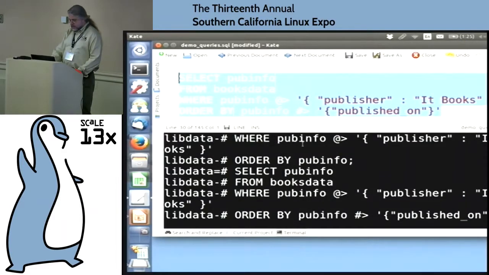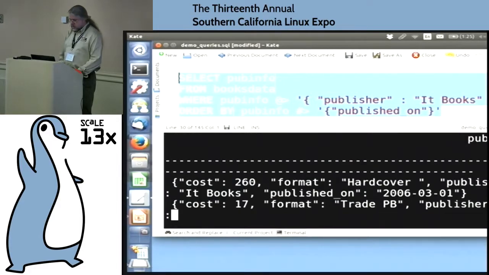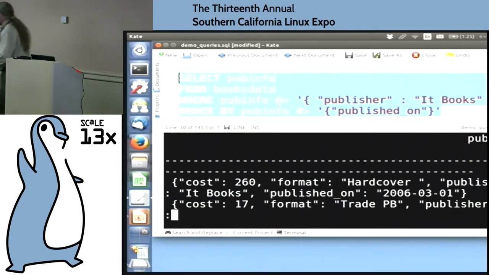And so now we have that same set sorted by publication date. Now, an important thing to keep in mind about JSON is that there is no timestamp among the JSON primitive types. So these dates are being sorted as a string. If you're going to end up manipulating a lot of JSON data where you want the dates to do something sensible, store the dates in Unix format, or store them as integers. Otherwise you need to convert them back and forth from the timestamp type in Postgres in order to do your sorting.